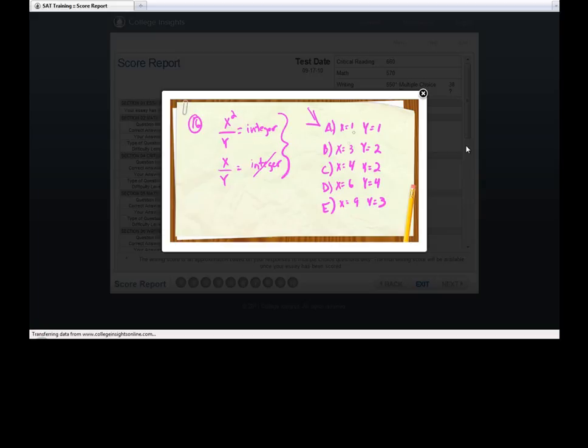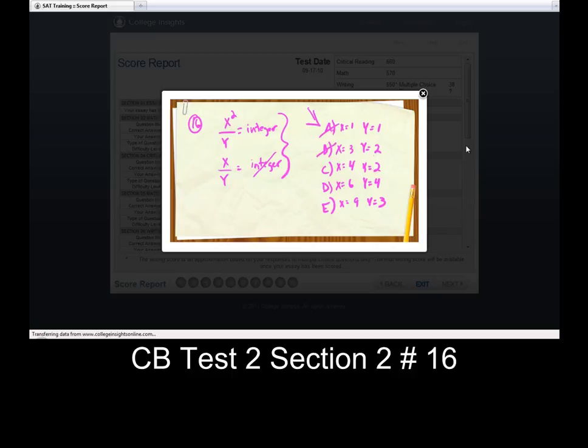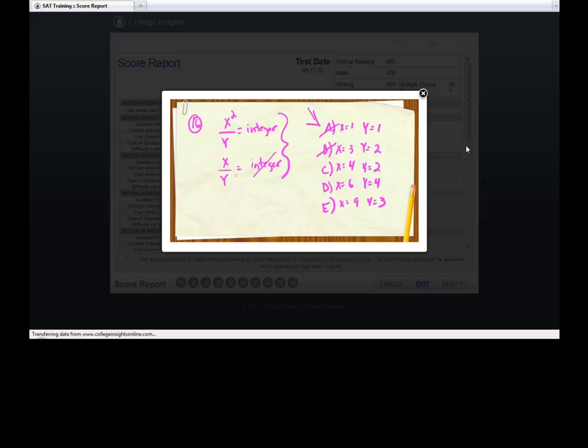So for A, we'd have x is 1, y is 1, so 1 squared is 1 over 1 is an integer, but also 1 over 1 is still an integer. For B, we'd have 3 squared, which is 9 over 2, and 9 over 2 is not an integer. For C, we'd have 16 divided by 2, which is 8, but unfortunately 4 divided by 2 is an integer,